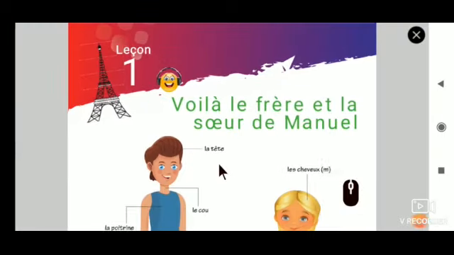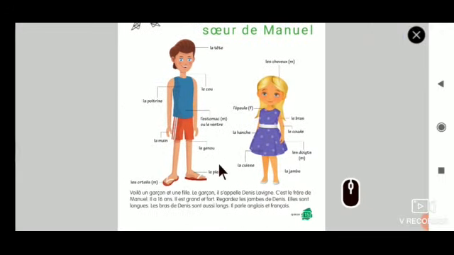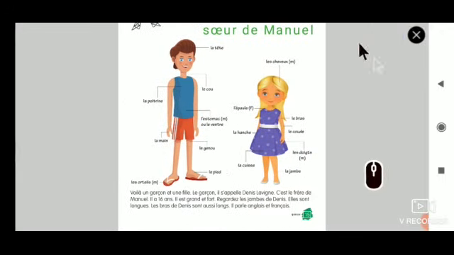Now we are going to see lesson 1, that is Voilà le frère et la sœur de Manuel. This is one interesting lesson. This is how we have started this year. There is no need to revise these parts of the body. Instead we will directly discuss the